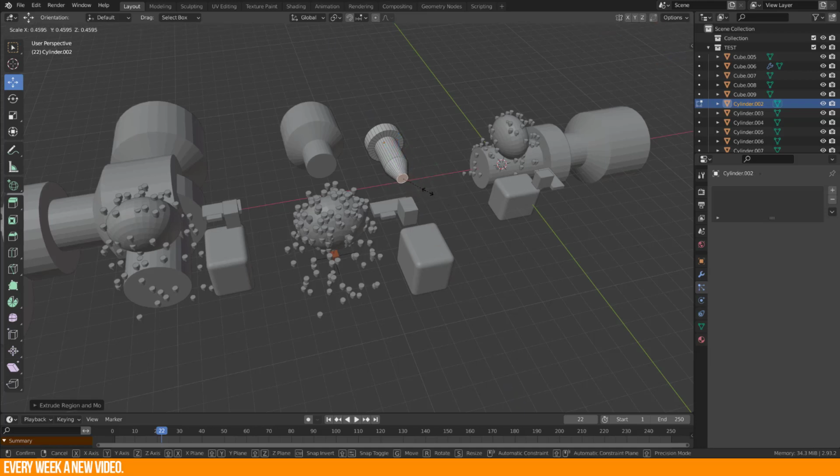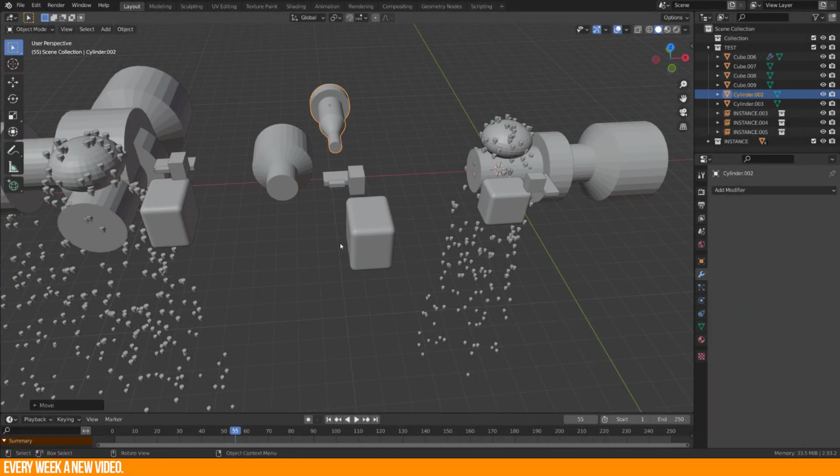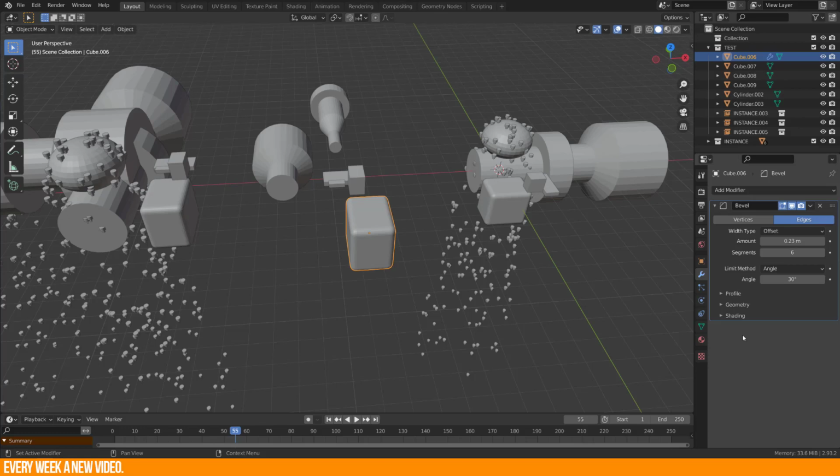For everybody who wants to know if modifiers will be applied during the dissolving process, then I have this answer. No, the modifier is still open for adjustments. And that's all so far.